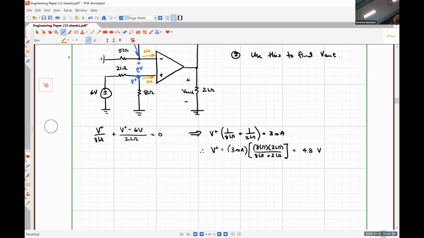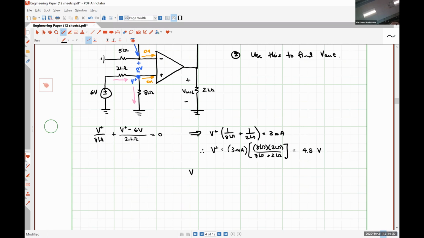So I would argue that since we know, and this is effectively applying Kirchhoff's current law to make this thing behave like something else, all of the current leaving the 6-volt source has to circle around and flow down through that 8 kilo ohm resistor. So from the perspective of the 6-volt source, it sees a 2 kilo ohm resistor in series with an 8 kilo ohm resistor. So I would argue that using voltage division is also a very, very easy way to figure out what that voltage is, right? So using voltage division, we would have